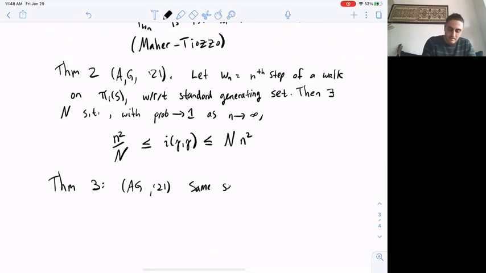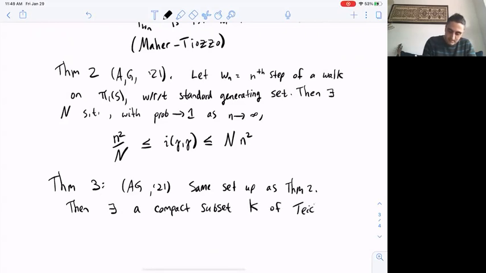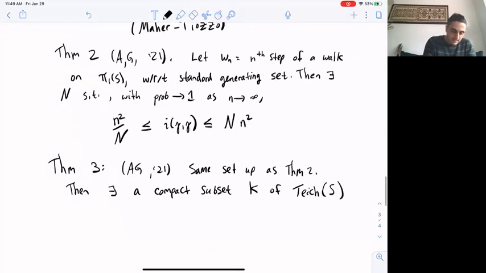Then there exists a compact subset K of Teichmuller space so that with high probability, with probability converging to 1 as n goes to infinity,